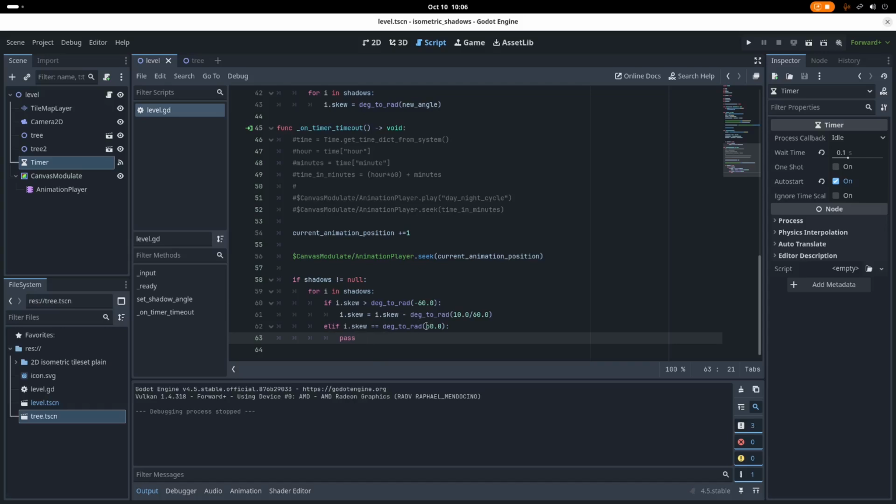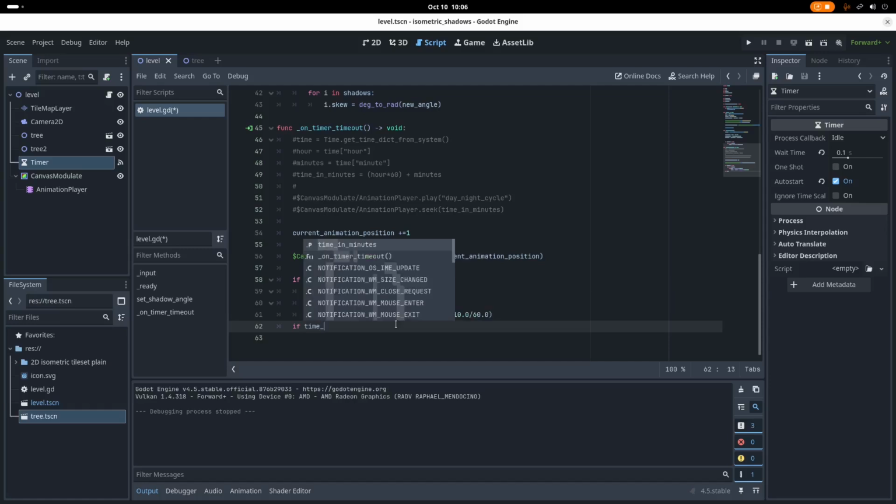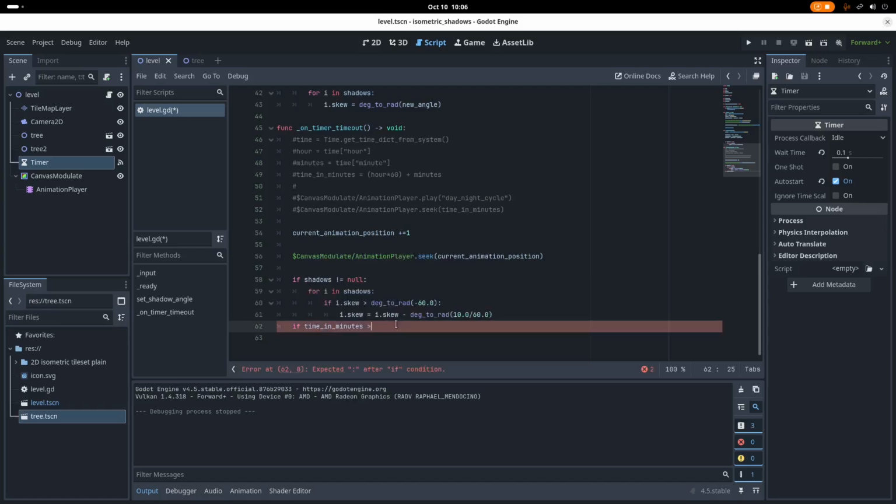I shouldn't be checking the angle to make it loop, I should just check the time of day, so time in minutes. So I think what we need to do here is another if block. If our time in minutes is greater than 1440, so if we've reached midnight and gone beyond that, then